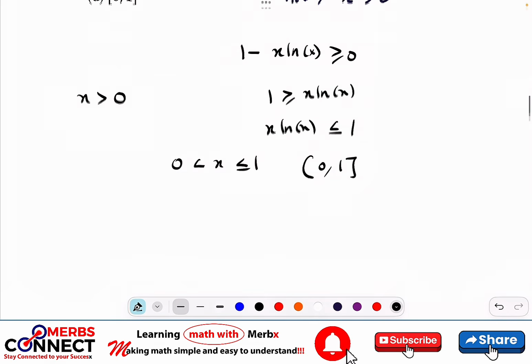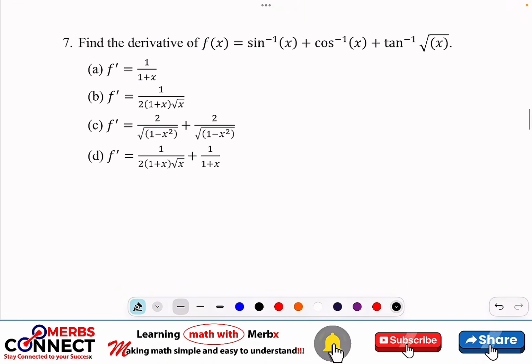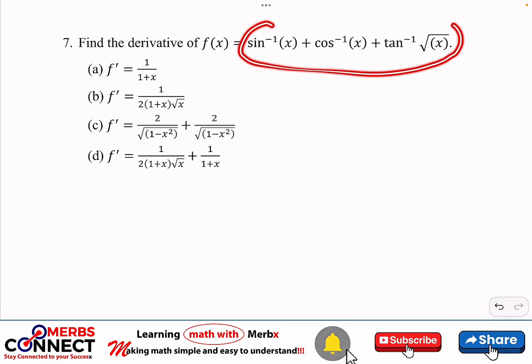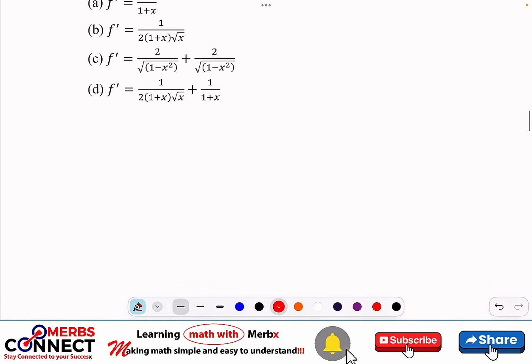Beautiful. I hope you are enjoying it. Okay, let's look at question 7. So question 7, we want to find the derivative. All we need to do is recall. So let's do recall here with question 7. Okay, so recall that